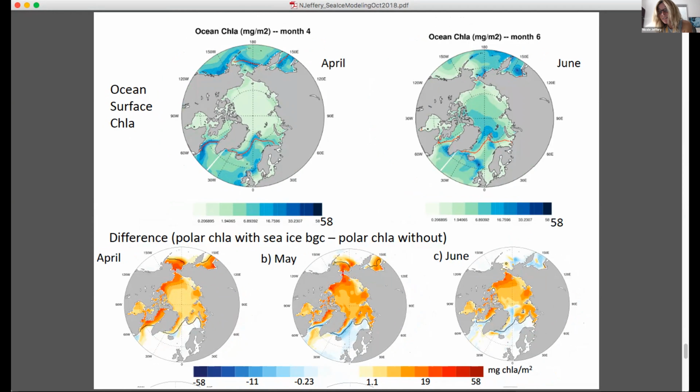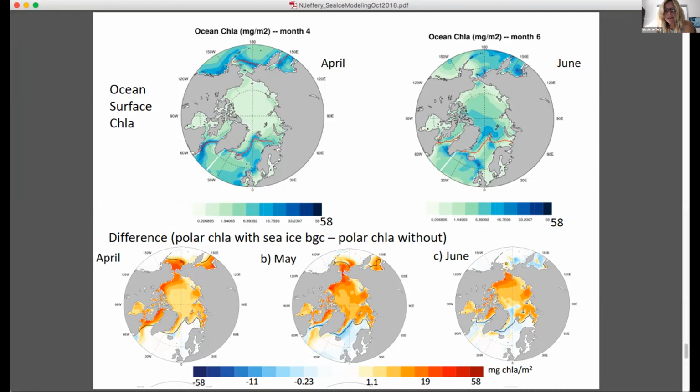In the Arctic, you have something a little bit different. Okay, now we're looking at April and June. So this is during the sea ice chlorophyll peak and during kind of where the ocean biogeochemistry peaks. The upper plot is just what's in the upper ocean. If we, again, difference a simulation with the sea ice BGC versus without, we get, yes, an addition in areas of the same order of magnitude as what's seen in the surface, but we also get these blue values. We get a decrease in what's going on in the upper ocean.